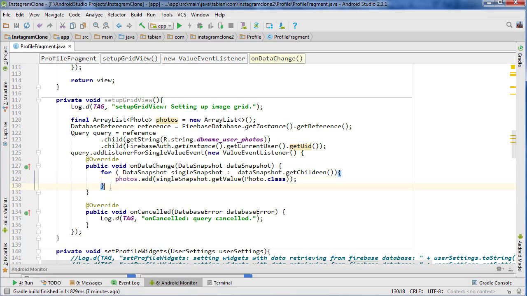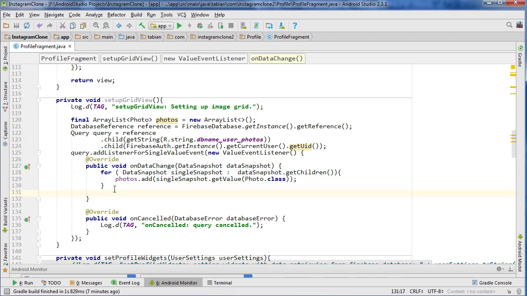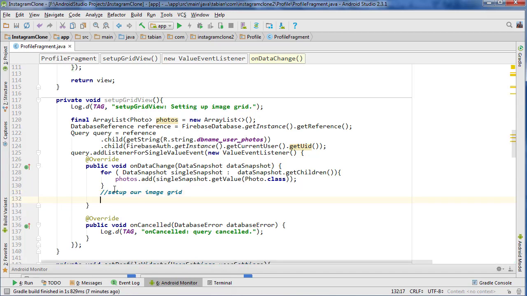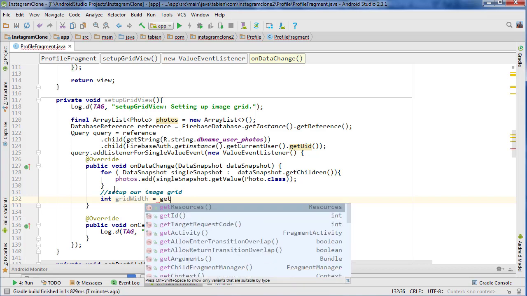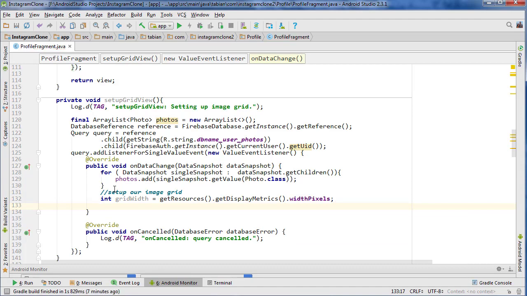Very, very simple. And then once this for loop is complete, now we can actually set up the image grid. First we just want to make sure that we're setting the correct width of each grid item. So we're going to get the grid width by going getResources, getDisplayMetrics, and then widthPixels. And then we can do integer imageWidth, which is going to be the width of each image, and we're going to take the grid width and divide it by a constant,